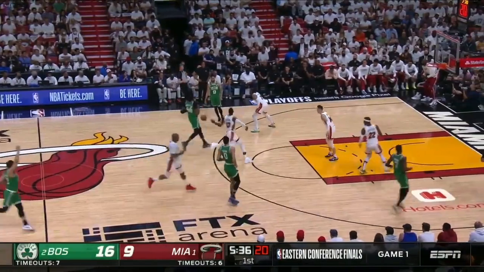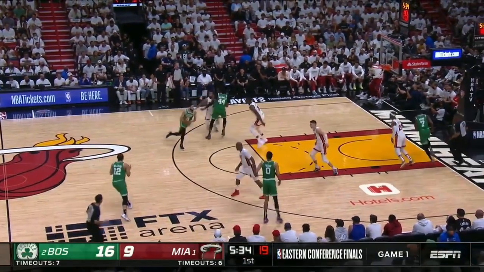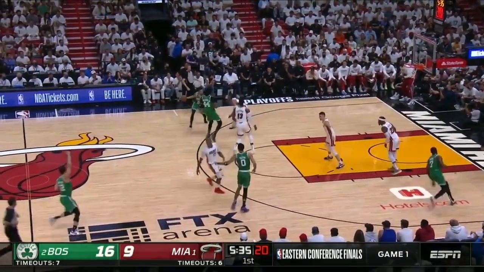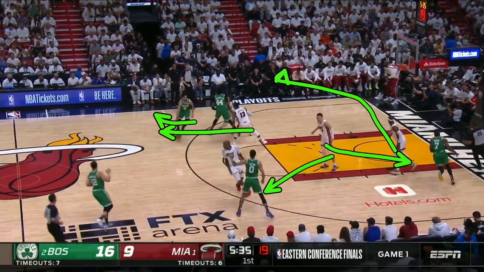You cannot run drop coverage on a ball screen set beneath the three-point line. You just can't. I mean, this is a 2-on-1, and it's a wide open layup. Okay? So right here, what am I doing here? I would hedge. Get this ball handler out of here. I can have backside help here. This Heat player can occupy these Celtics players two passes away.